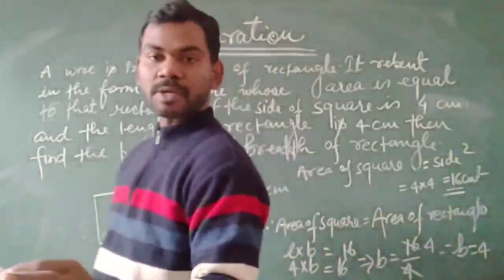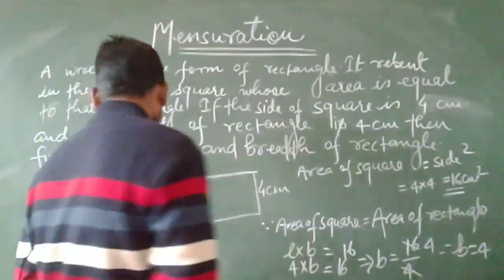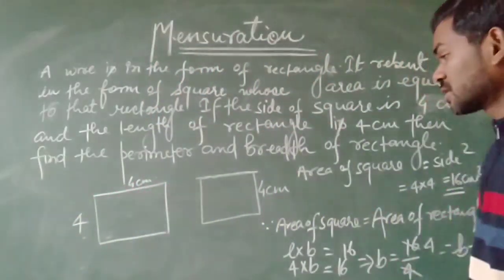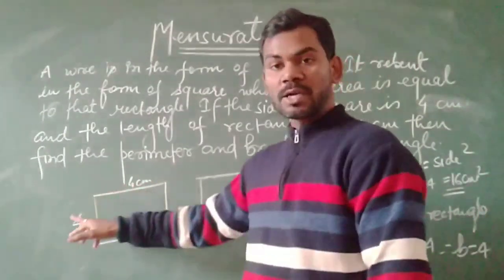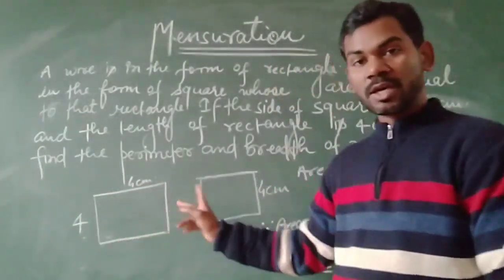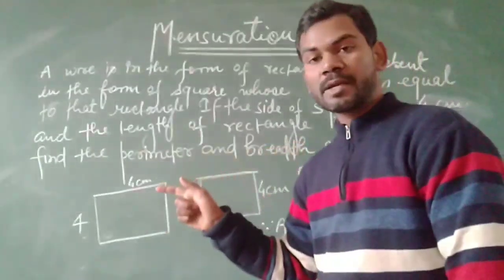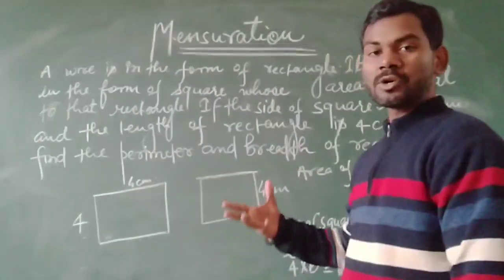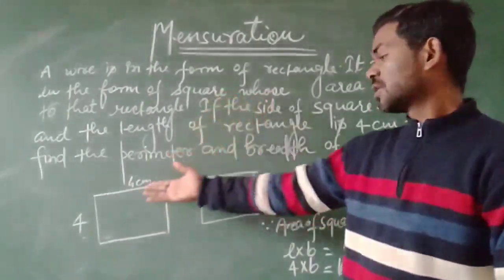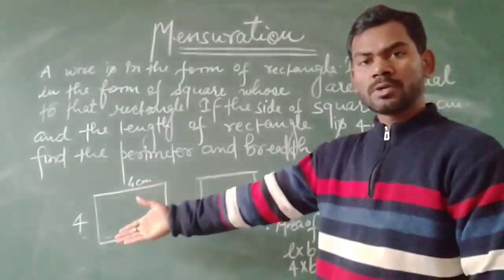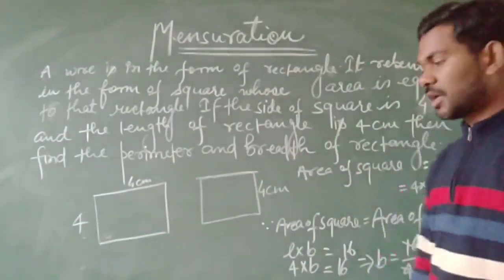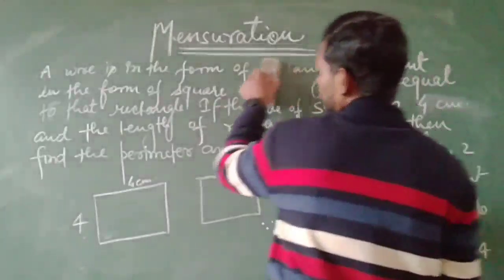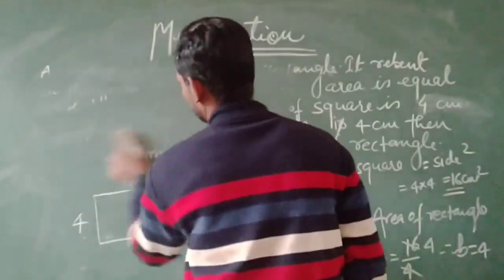Now the breadth of this rectangle is also 4. The question is very tricky. You can see that the length of this rectangle is 4 and the breadth is also 4, which means that it is a square. Now we find the perimeter of this rectangle. Here we need not say it is a square, because in the question it is referred to as a rectangle, so we will also refer to it as a rectangle. Now let us find the perimeter of this.